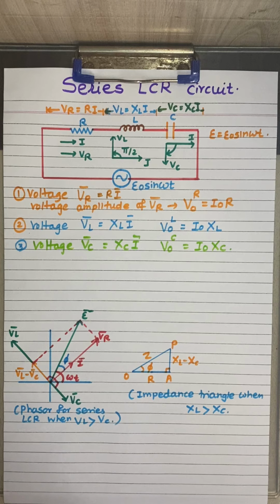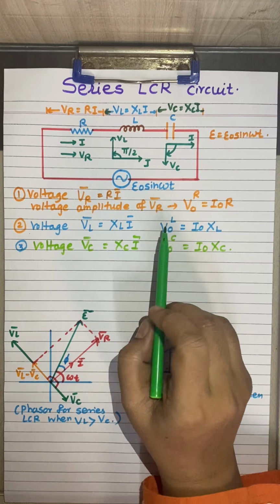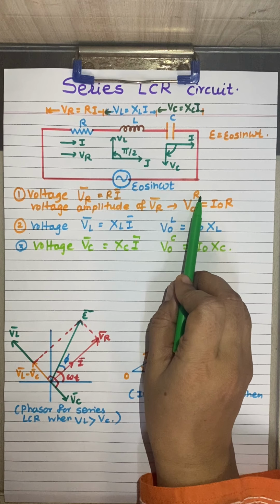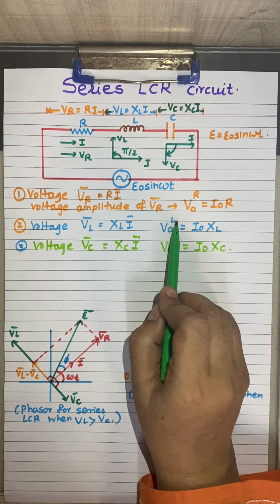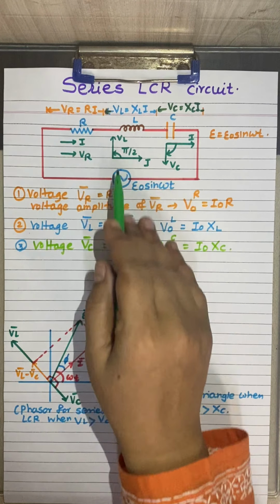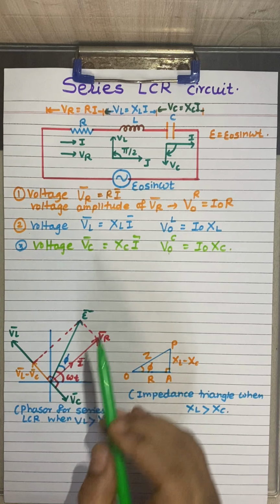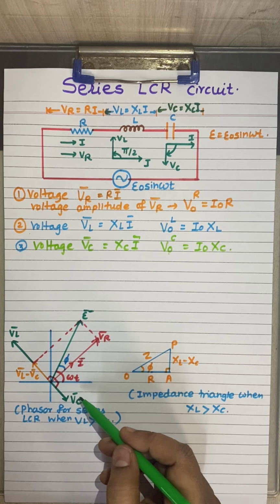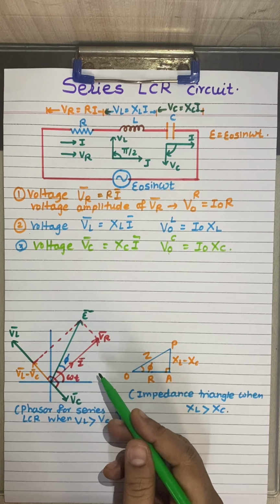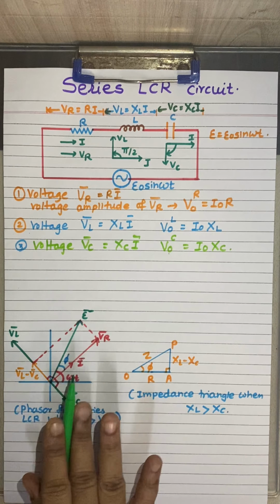Now we can see that here we got three different components, representing the peak voltage across the resistance, the peak voltage across the inductor, and the peak voltage across the capacitor when all are connected in series with the AC source. Now we are going to consider this in terms of the phasor diagram, and then we will consider the final expression for the LCR circuit. So to get that, let us consider this phasor diagram.